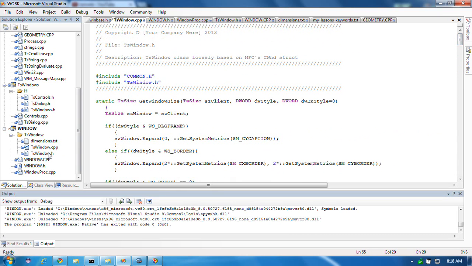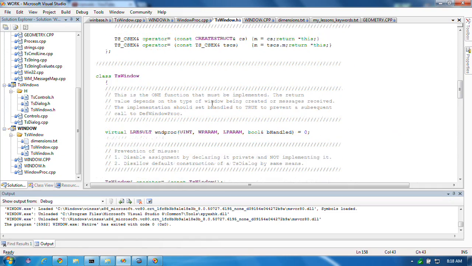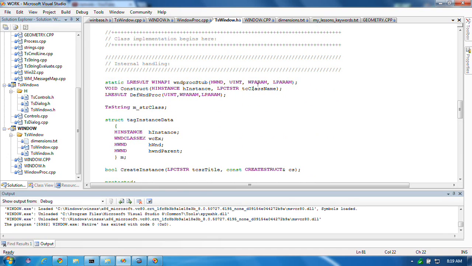So in the class definition, the definition of that virtual takes same as before, message, 2 parameters, and a reference to a bool saying whether or not the message had actually been handled. If the message was handled, then I should return whatever this thing returned. If not, then I might handle it myself, or I might return the default window procedure,